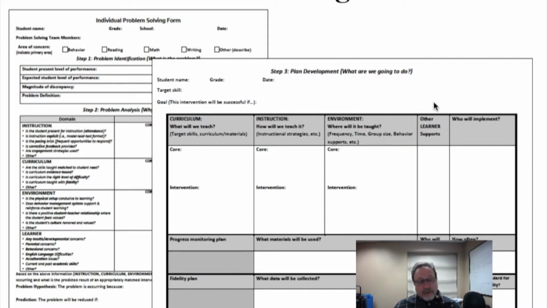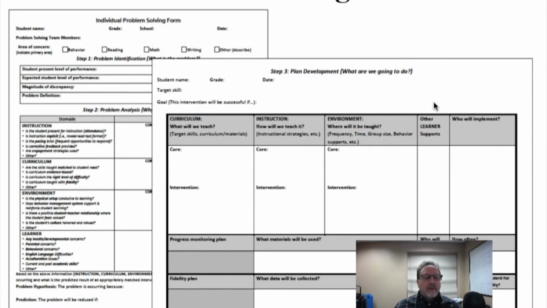And I'm going to talk about just some general features of this problem-solving form. So again, step 1, problem identification, which we talked about earlier in data-based decision-making, is organized around that concept of let's clearly define what expected performance would be.